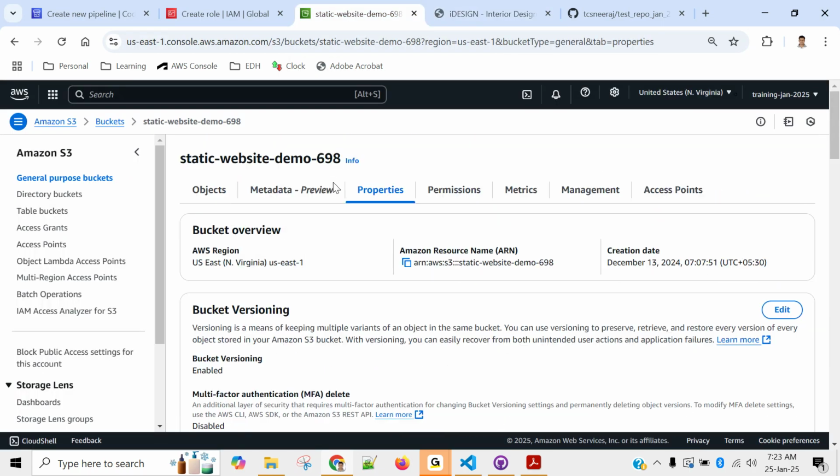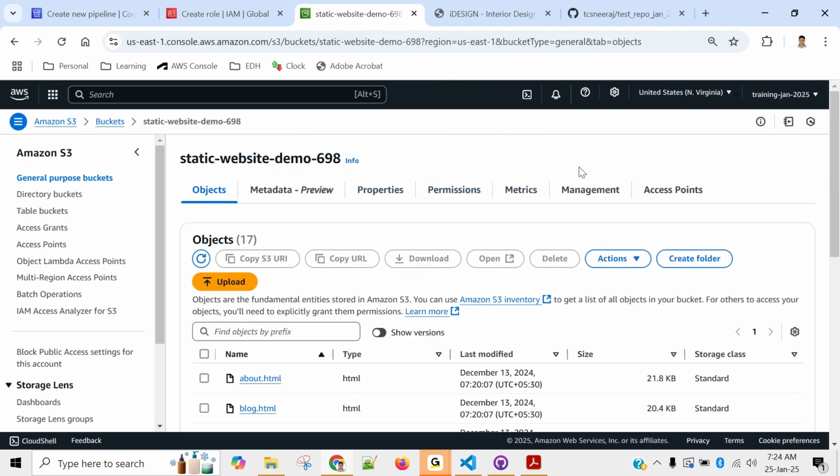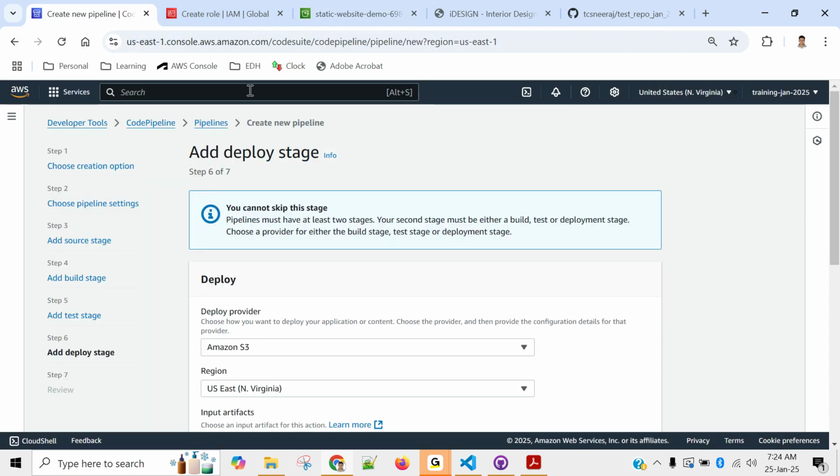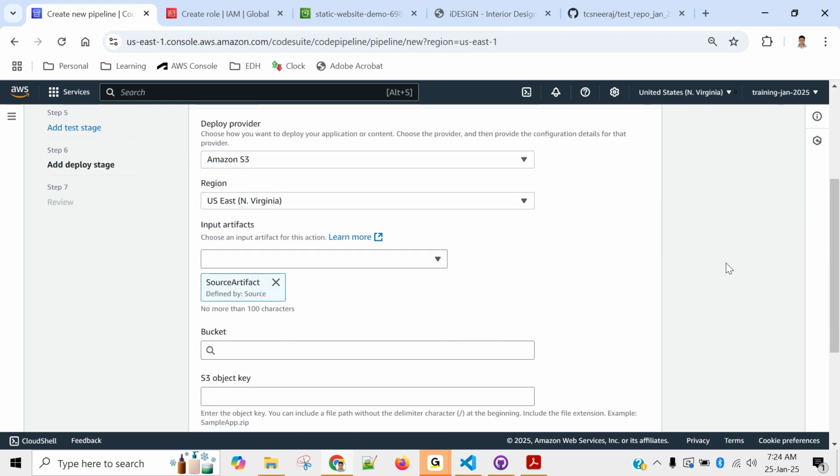So ultimately what we will do is we will link this S3 bucket with the repository, so that any change you have to do, you simply make in the GitHub repo, and it will ultimately appear here. So we'll go back to this one. In case you are having any doubt, please feel free to stop me. So deploy provider S3 and